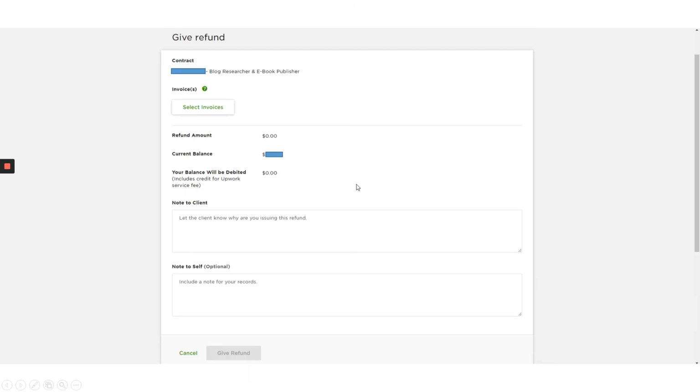Next would be the give refund button. You can also see it in the additional options. Give refund is basically a way for you to say that you overcharged the client. It gives you the ability to pay back the client. It's pretty self-explanatory. Just select the invoice where you overcharged the client, and then input the refund amount as well as the current balance, and then put a note to the client, a note to self, and then click on give refund. After that,